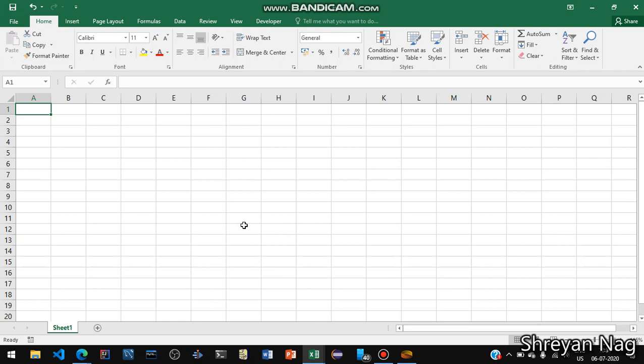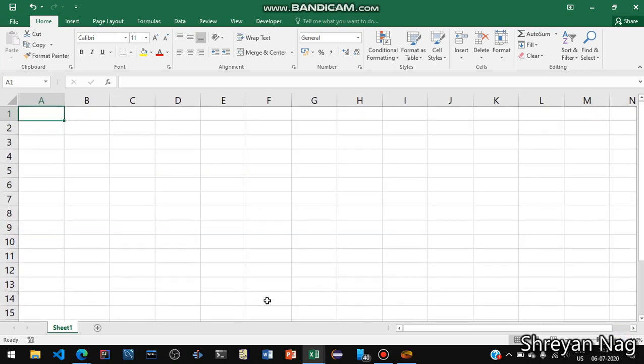Now we are going to enter some data into the worksheet. This whole thing which you are seeing is called a worksheet. Now, how can we navigate through this? We can navigate with Enter.